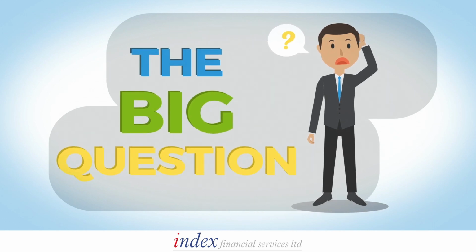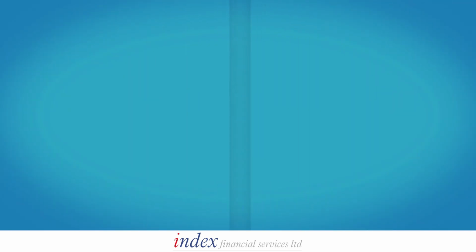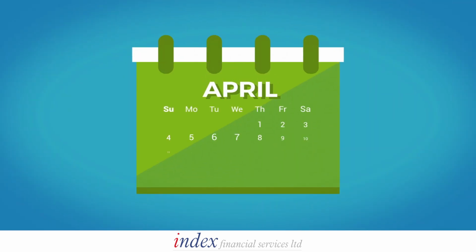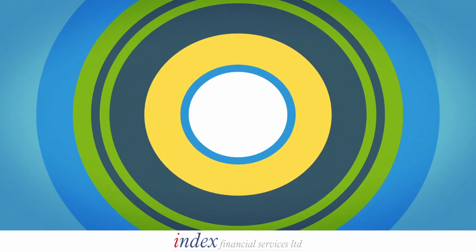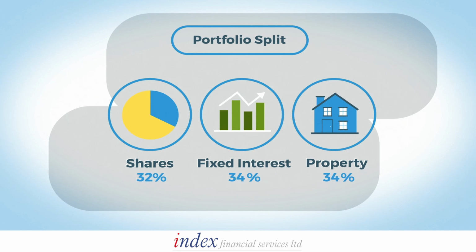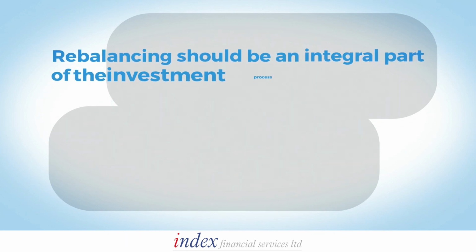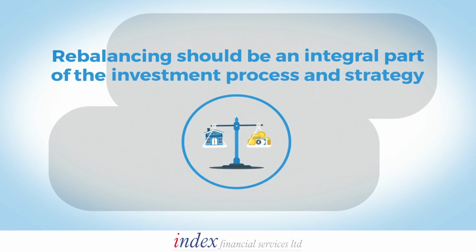The big question with rebalancing tends to be about how to do it, which includes the question of how often. As with most investment processes, the key is to be flexible. It is possible to rebalance on a rigid and fixed basis, so every year or every 3 years. Or you could rebalance based on movements in the portfolio. So if an asset area gets too far away from its original allocation percentage, a change could be made when this level is breached. The important factor is not the exact way rebalancing is done, which could vary over time, but that it is part of the process and is considered regularly.